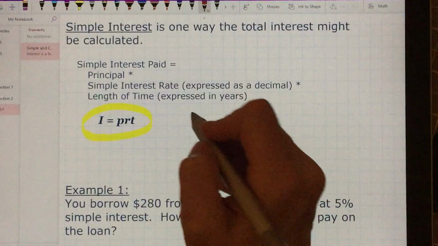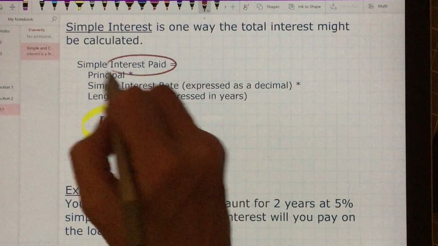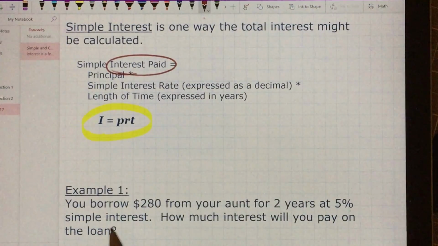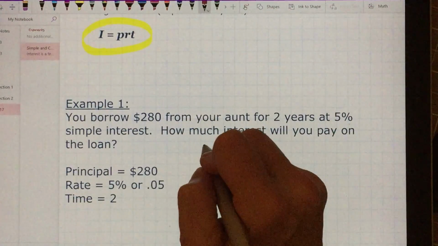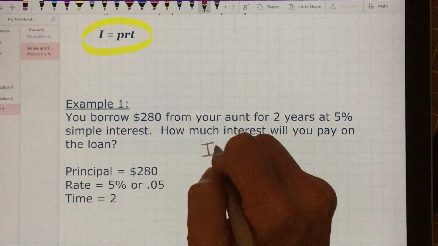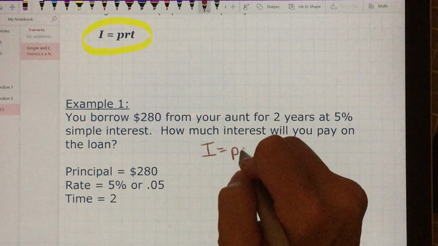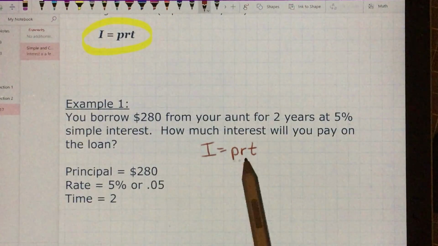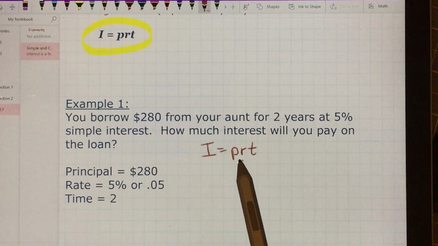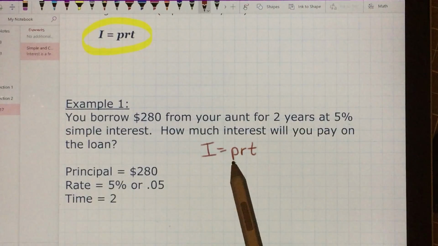This formula gives us interest paid. So we're going to say interest equals principal times rate times time, and we just have to identify these things in our problem. So the principal is the original amount borrowed,